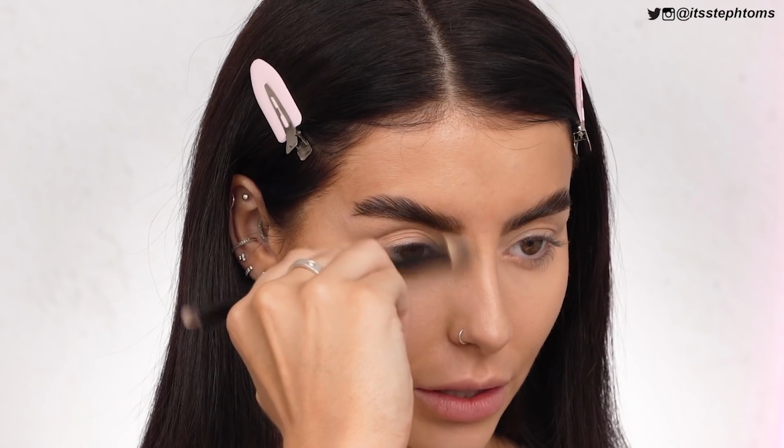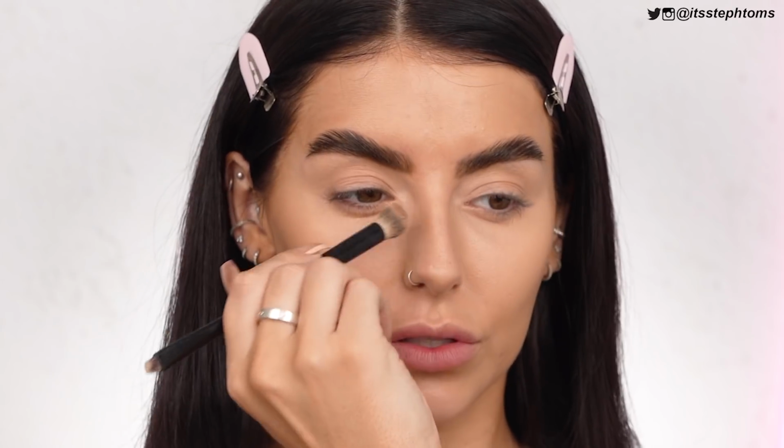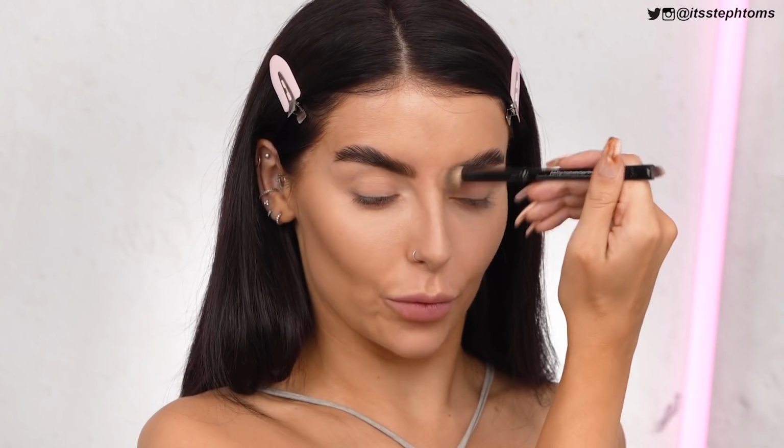See how we kind of go with that. And do a bit of sculpting down the side of my nose. I always find contour in the nose so harsh, but this, I'm like, ooh, let's make my nose teeny tiny. Hang on, okay, I'm not that good at nose contouring. I never, ever, ever do it, but that is making a difference. It's not blended out properly yet, but that is definitely working,